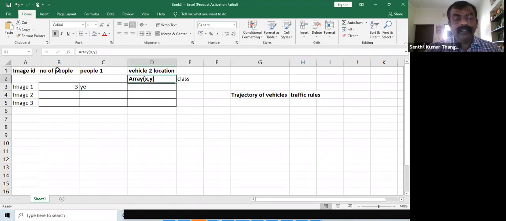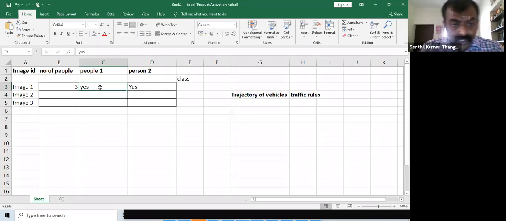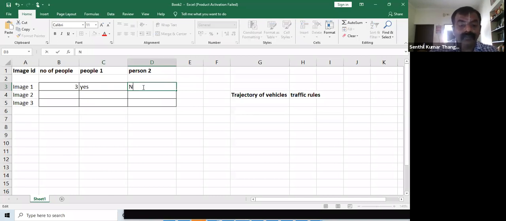Second person, person 2, whether the person is wearing a mask or not, maybe yes or no. This is also going to be very important, because you can expect in the future that if the government wants to bring in regulations for alarming diseases like that, the surveillance cameras will have the capability to say that there are 5 people appearing, and person 1 is wearing a mask, person 2 is not wearing a mask. If person 2 is not wearing a mask, there is a possibility that this person might get an automatic fine.